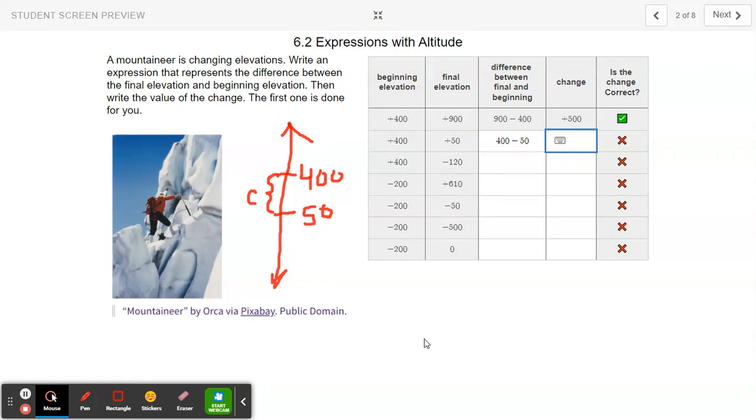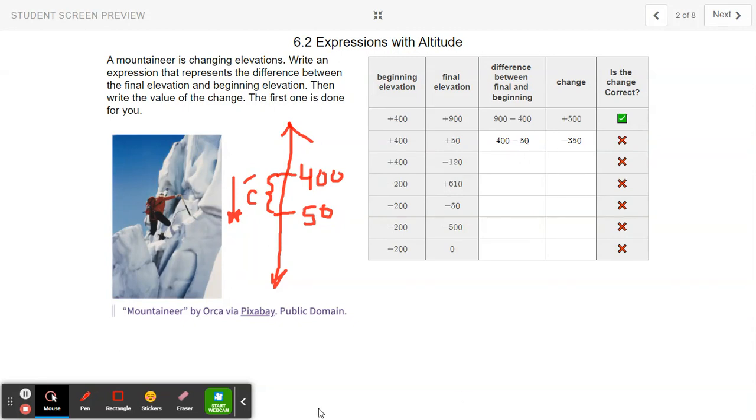Well, you can do this. If you can do it in your head, that's great. If not, do it traditionally. I know the difference is 350 feet, except I forgot to do something. So this is saying it's wrong. So now we have to decide, was the change positive or negative? I know if we started here and went here, it went down. So that means that is a negative change. So I have to show that in my answer. So let's do that. And the answer, negative 350, is still not right, which is